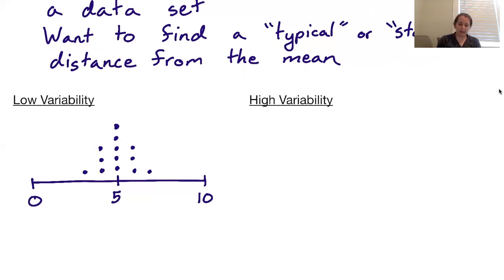So here our mean, because I drew this graph to be symmetric, our mean is just straight through the 5. And we have a lot of data values that are right at the mean, right? And so they have no distance from the mean. And then we have a few data values that are 1 away, and then just a couple data values that are 2 away. So most data values are very close to the mean,